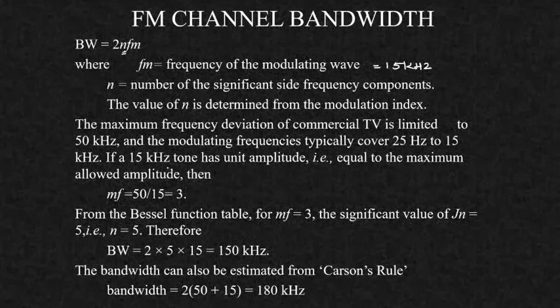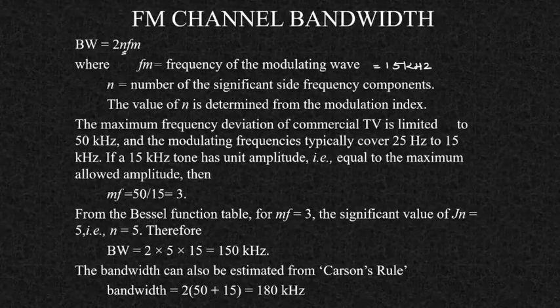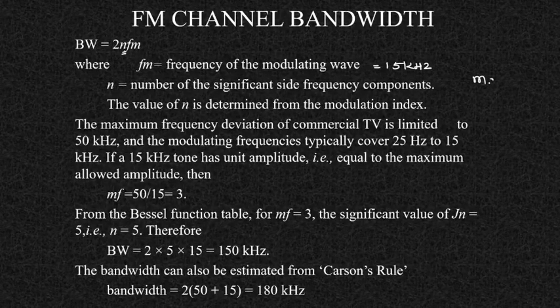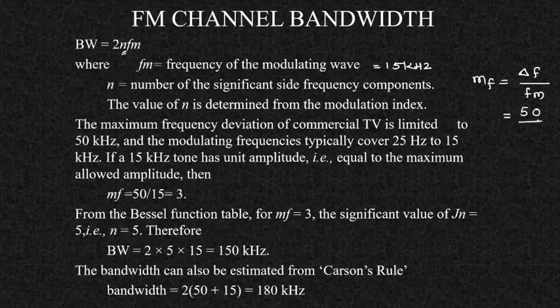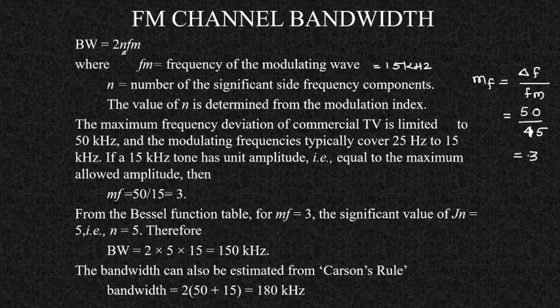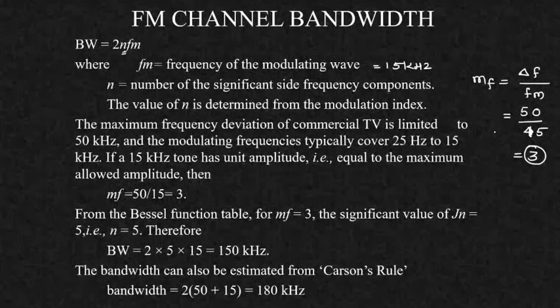And what is the modulation index? Modulation index is given by the formula delta f divided by fm. So if I'm talking about the modulation index, it will be delta f divided by fm. What is delta f? Maximum allowed deviation, 50 kilohertz, and the maximum frequency is 15 kilohertz, and it comes to 3. And for modulation index 3, if you see the Bessel's function, in that Bessel's functions you will